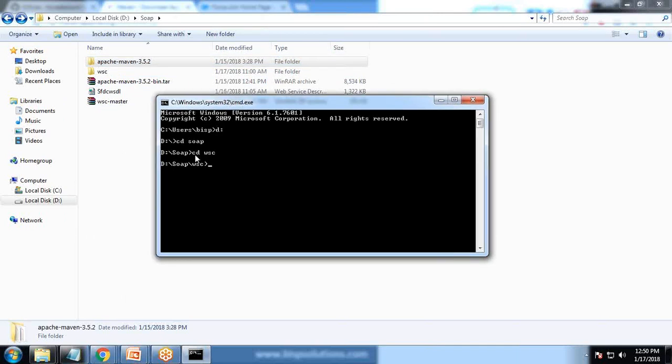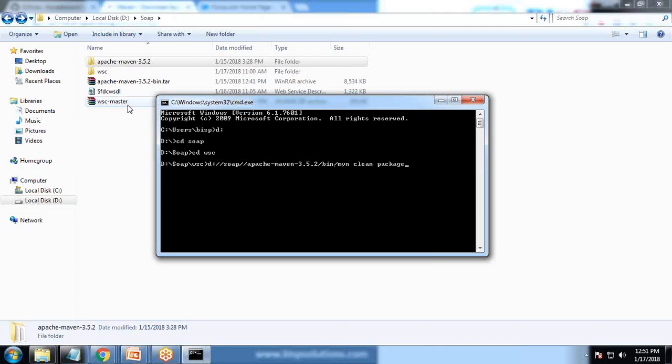Here I give the path of Apache Maven: D drive, SOAP, apache-maven-3.5.2/bin/mvn